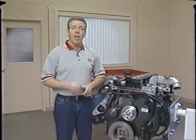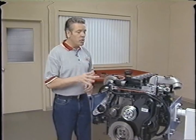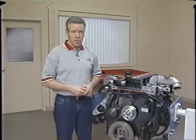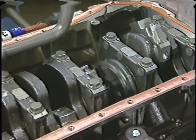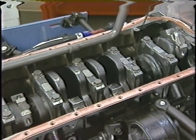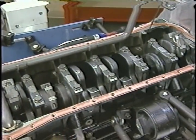Let's take a look at the features of this brute, starting at the bottom end. Remember that many parts of the HO are not interchangeable with other versions of the turbo diesel. On the crankshaft, the tone wheel for the crank position sensor is gone because the sensor has been deleted. The 2001 crankshaft is not interchangeable